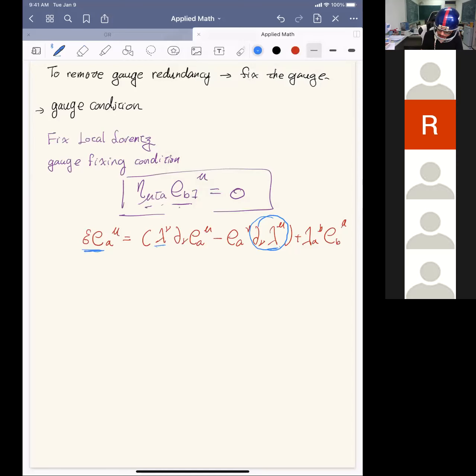Good, but now we're not interested in the coordinate transformation. We're actually interested in how it transforms under local Lorentz. So let's just stick this equation into here, and so the variation of eta_{mu a} e^b_mu is of course going to be the variation of e^b_mu,